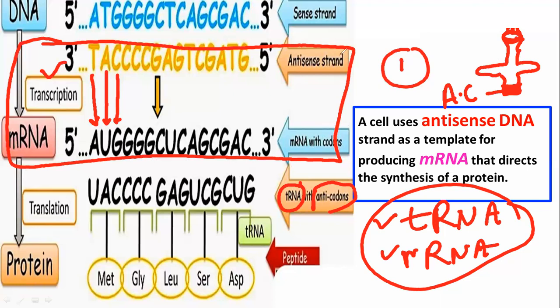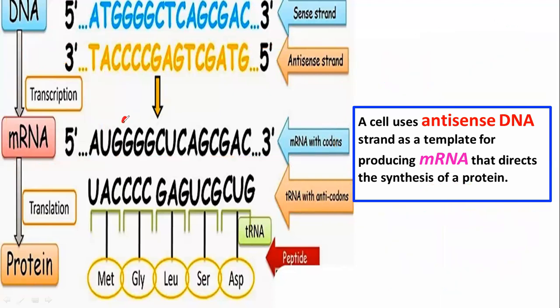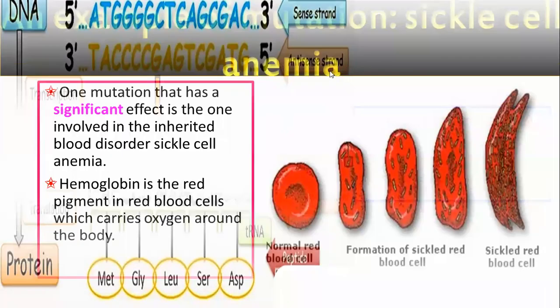So look here. I told you that AUG is the code for the amino acid called methionine. Can you see? AUG, methionine. Then you have glycine. Look here, leucine. So this is going to be a three-letter code for each amino acid. And you know that one protein can have more than one polypeptide, or it can be a single polypeptide.